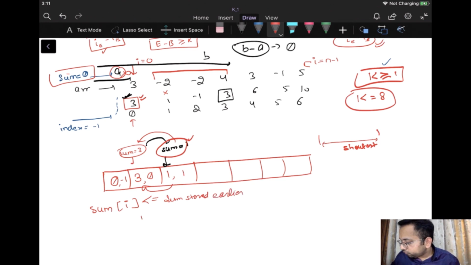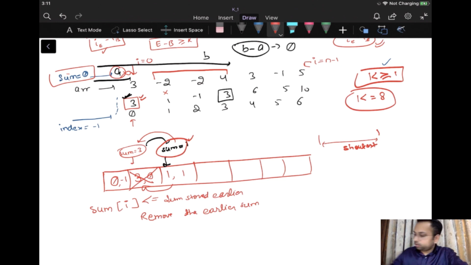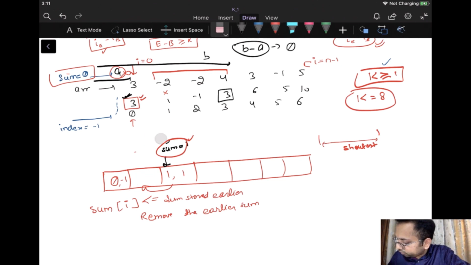I should remove the earlier sum. It makes sense. If you remove this A, it makes complete sense that this will never be the starting point. So I'll remove it. This should not be the starting point, right? Yes, this should never be the starting point.